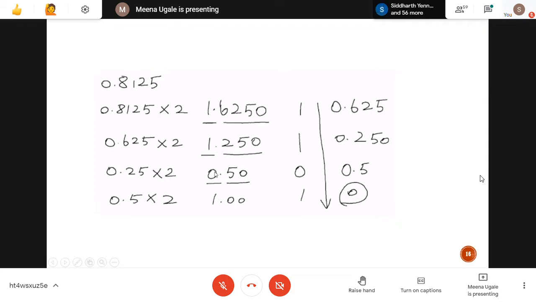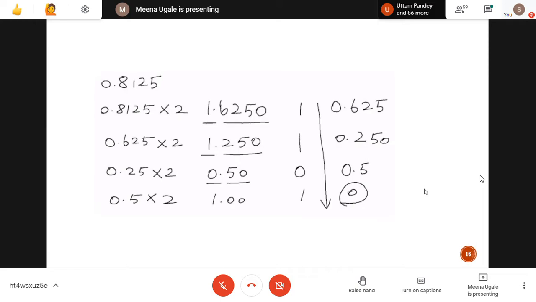So this is 0, so I have written here 0. Then 0.5 multiplied by 2, one more step, gives 1.00, which will be the last. I am taking 1, because here the fraction is 0, there is no more number for further multiplication. Whatever numbers I am getting, I have written: 1101. I will be reading it from top to bottom. This arrow is important. You will be reading it from top to bottom. That will be your equivalent for 0.8125.